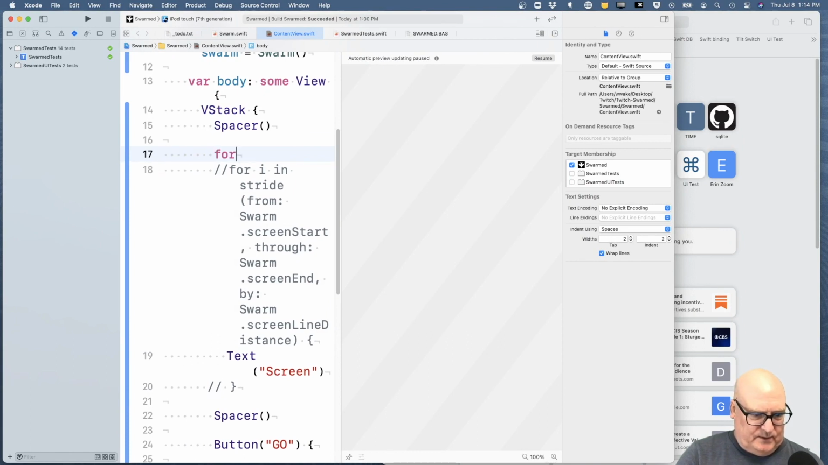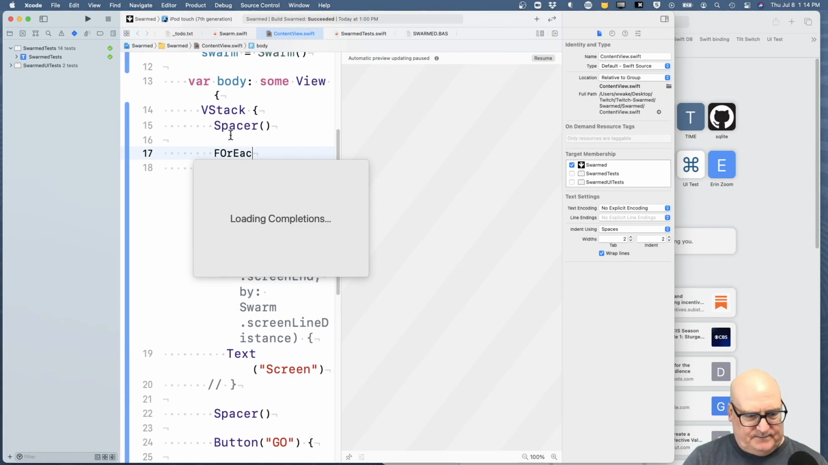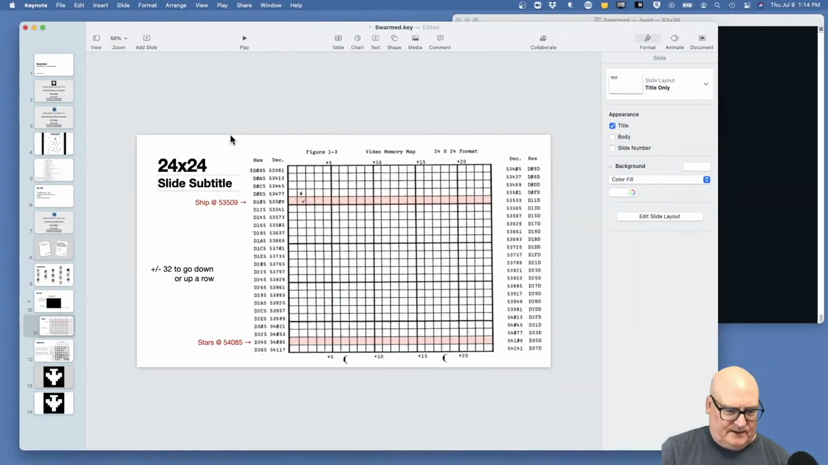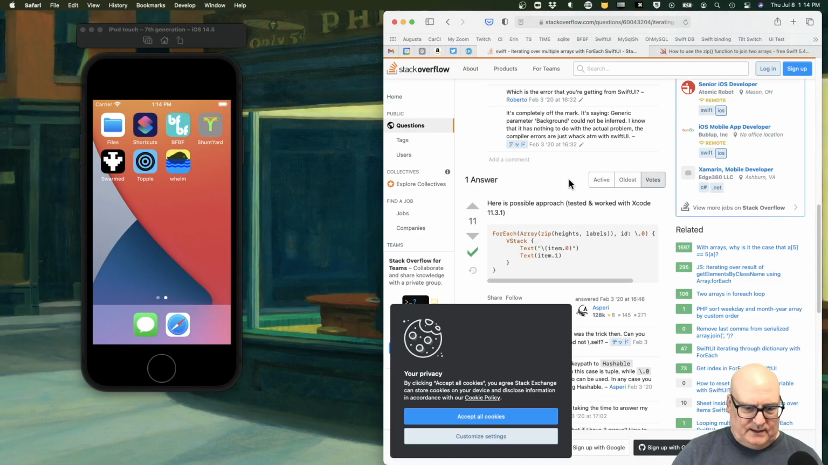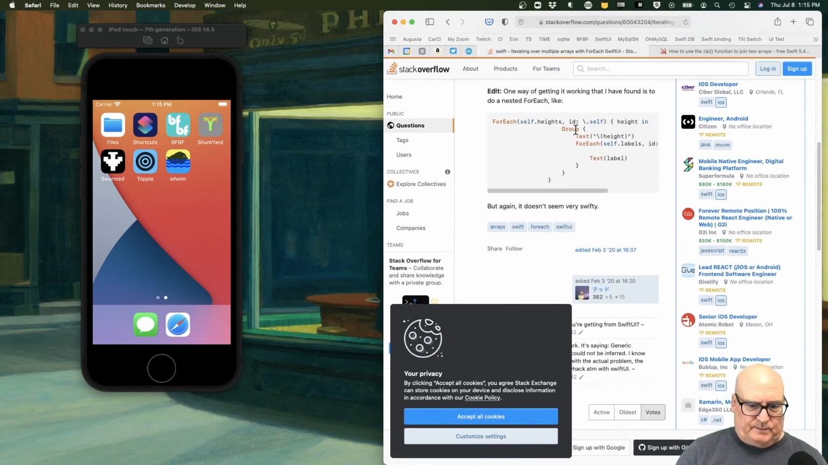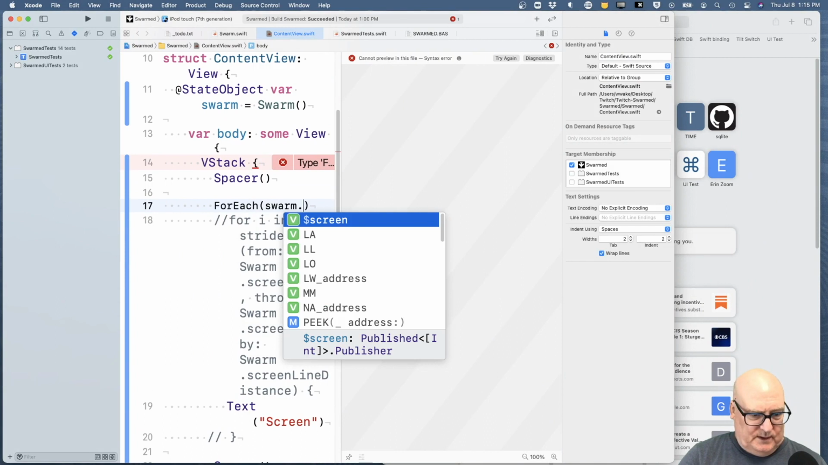Let's see. ForEach. Well, I can type faster than that. And we had an example. Let's go back to that. Yeah. So just ForEach prints fields, ID, and then the individual item. Okay, so we want to look at swarm dot